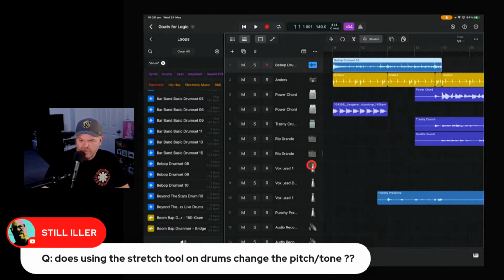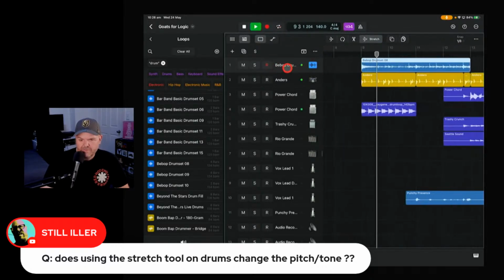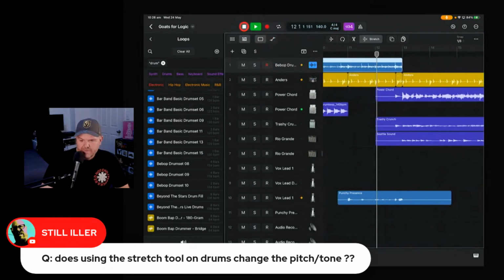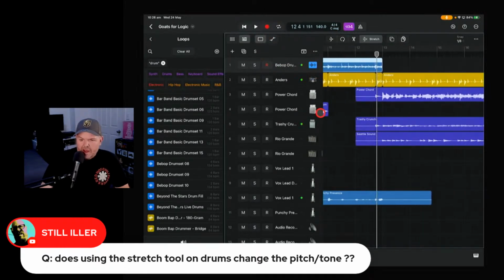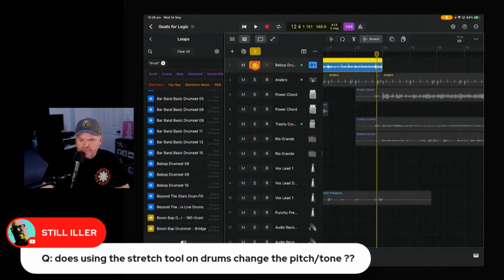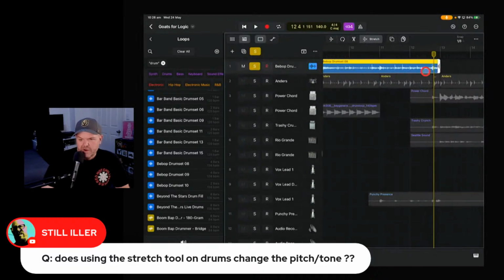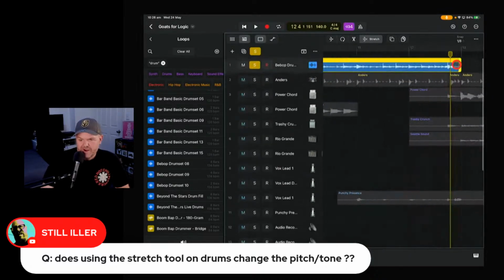This is 4 bars at the moment, and it's going to automatically match it because it's a loop. But if we did want to change that by using the stretch tool, say we wanted that to be, if we're a nutter, at double time, and we just dragged, whoop.